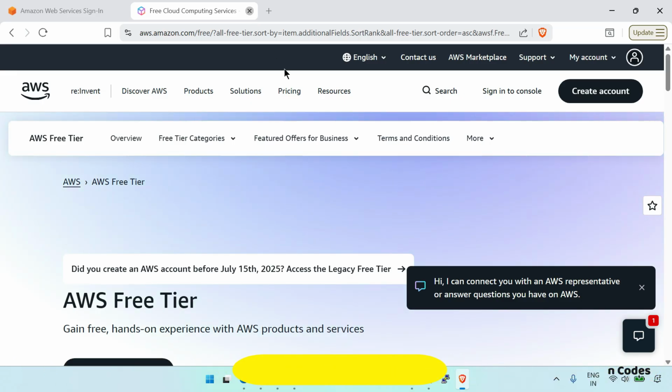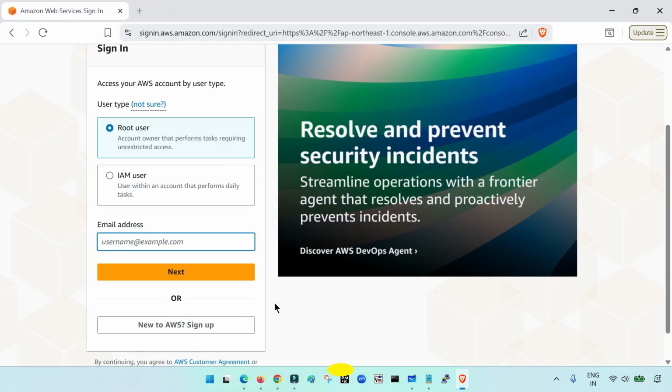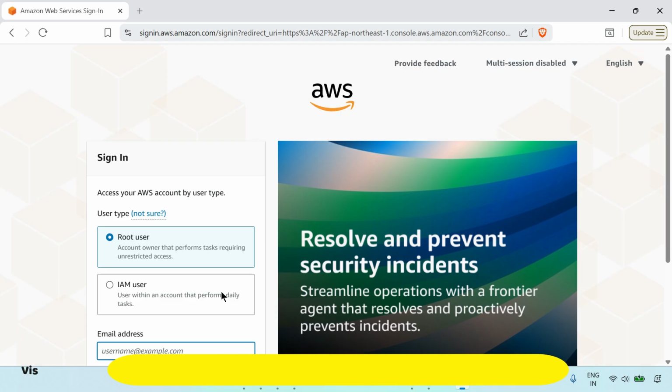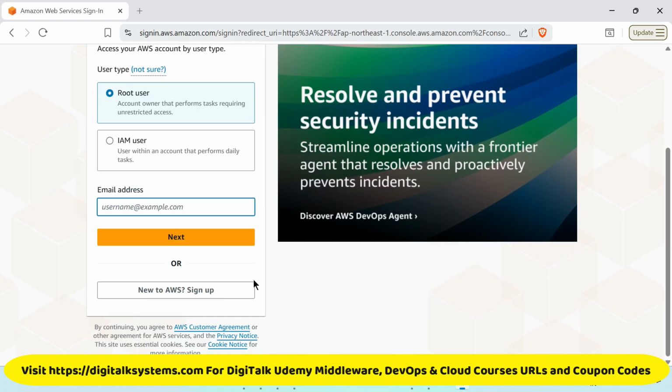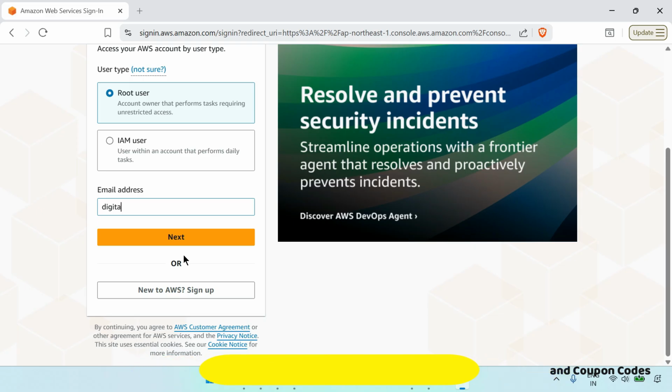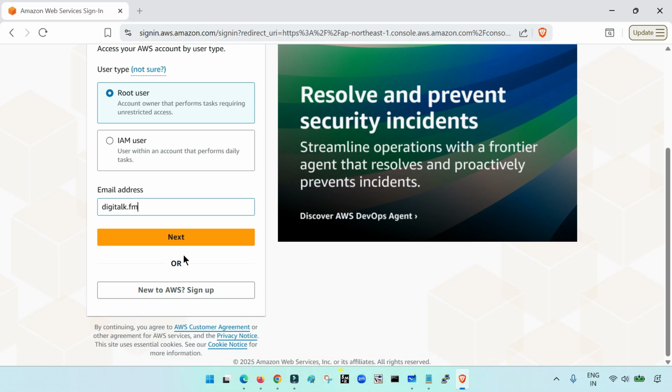Right. So now once your account is created, you need to log into your account to create your machine. So you will get this AWS login console. So here you have to select the root user. Okay, you have to log in with the root user. So you need to provide your username and password there. So I will log in with my username and password, which is